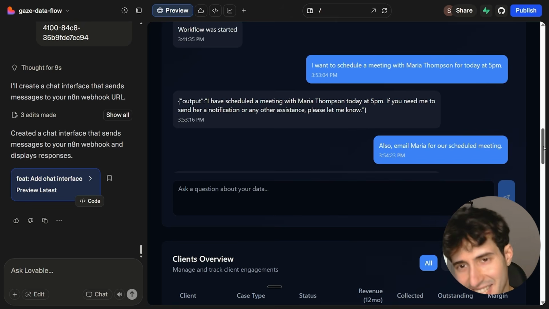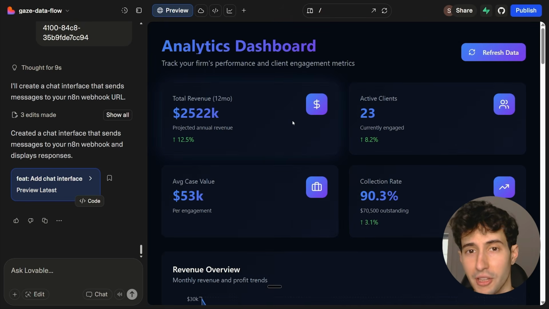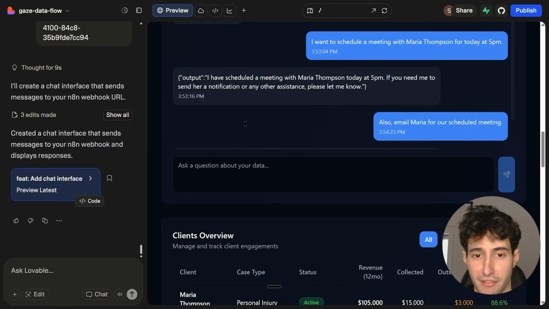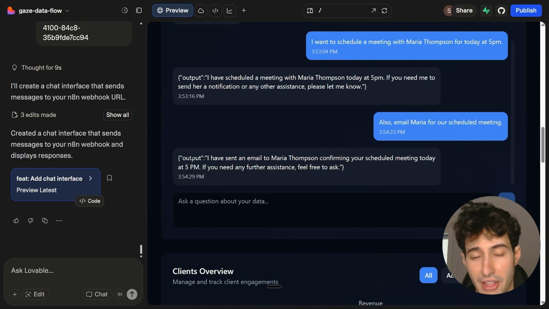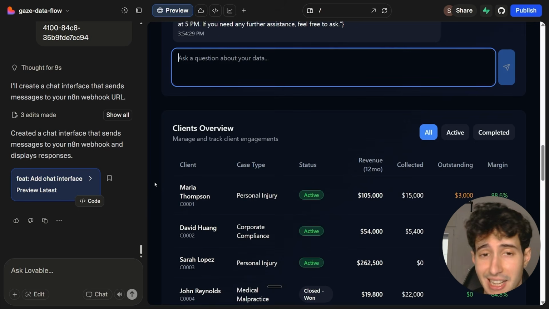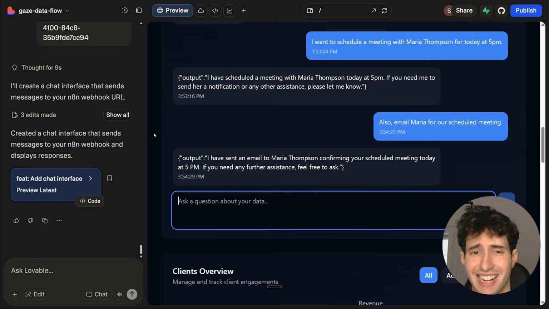So I think you guys can see how useful an AI dashboard like this can be, because it visually shows all the data that a business has and also is able to perform a bunch of different functions from this simple chat interface. Now we can obviously improve the output of the agent over here, basically tell it not to give us this output, just say, hey, I have gone and performed this task, if it actually did it, and maybe slightly improve the way this interface looks. But I think you get the main point, which is how useful an AI dashboard like this can be to